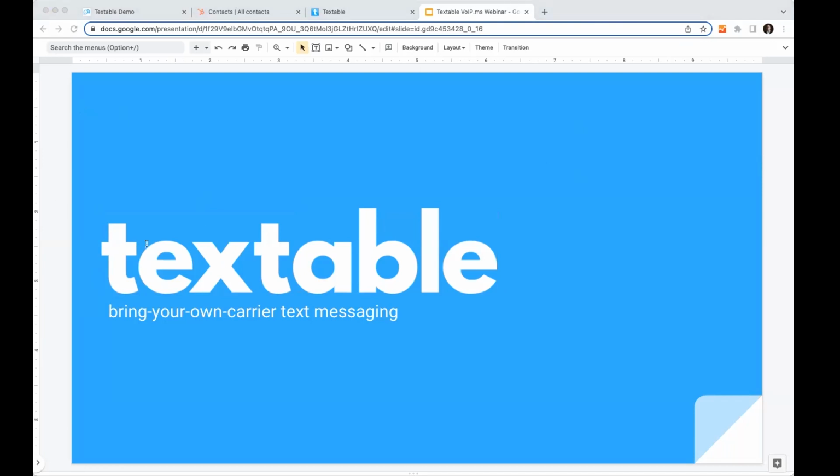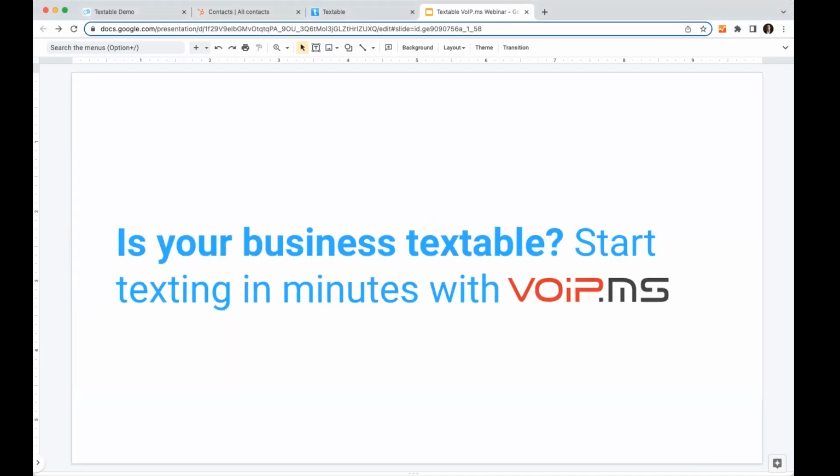Basically, again, my name is Rob Boca. I'm the founder of Textable, a popular text messaging application that allows customers or providers like VoIP.ms to text enable their phone numbers without writing a line of code. We offer experiences that range from what I like to call more than basic, with features like away messages, canned responses, and keyword auto replies, to advanced with features like drip campaigns, blasts with keyword subscriptions, appointment reminders, integrations, and more. So without further ado, I'd like to show you a brief overview of Textable.